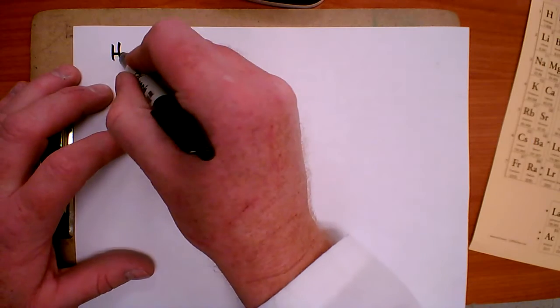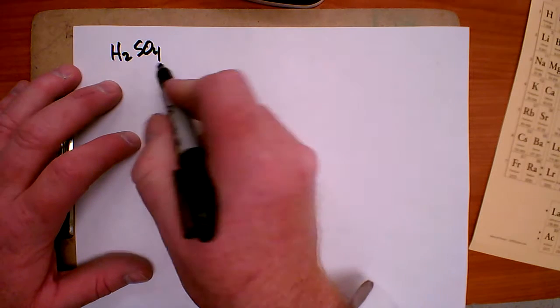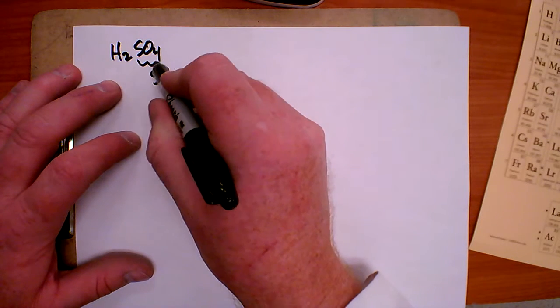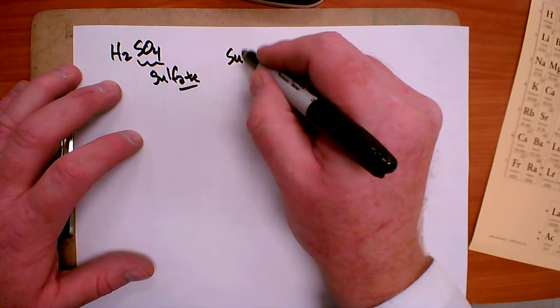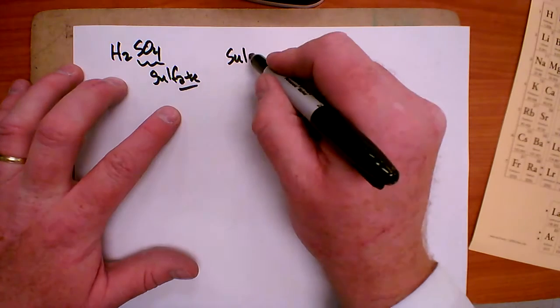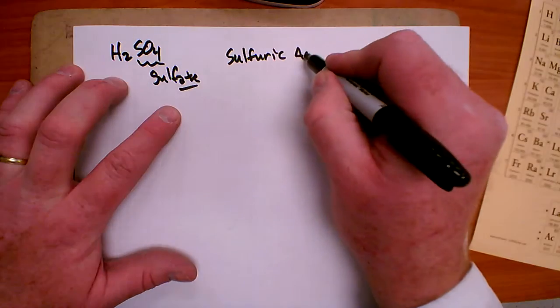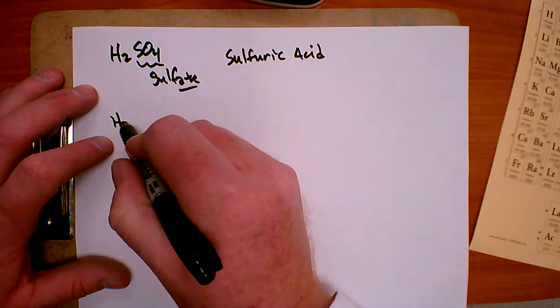So H2SO4 is the sulfate, right? The polyatomic here is sulfate. Ate becomes ic. That becomes sulf, like sulfate. Sulfuric acid. If I look at H2SO3,